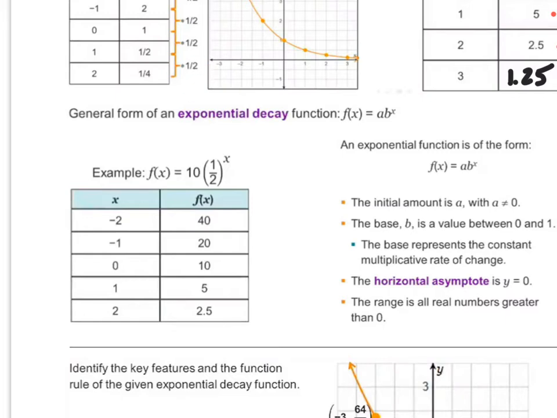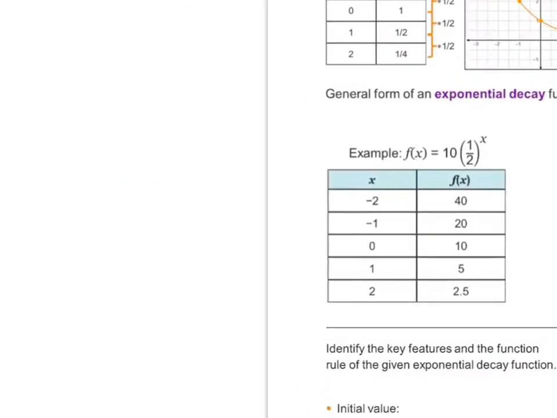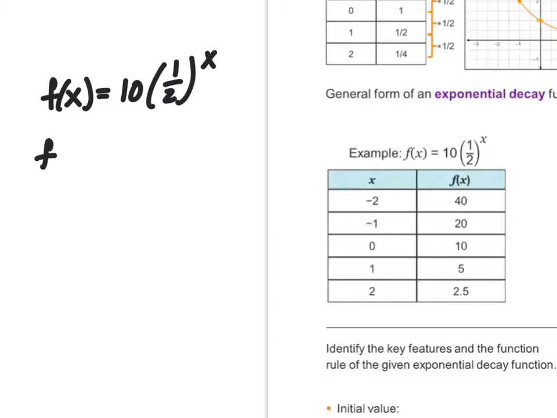The one thing I want to talk about real quick are these negative values, and why, when you get these negative values, you get such big numbers here. So over here on the side, if you've got room, I'm going to write out my function f of x equals 10 times 1/2 to the x power. Now, when I plug in -1 into this function,